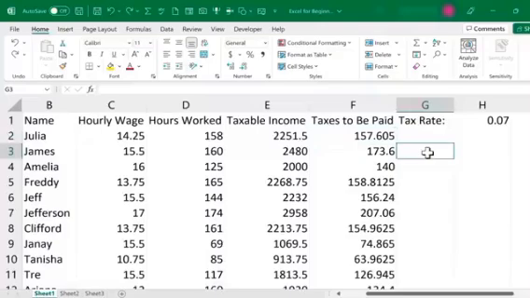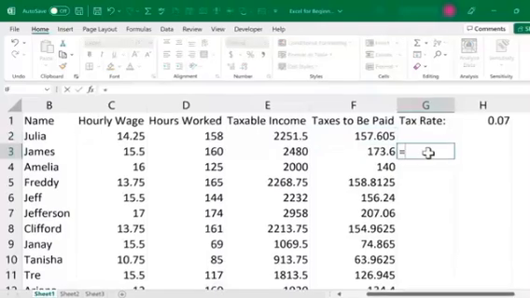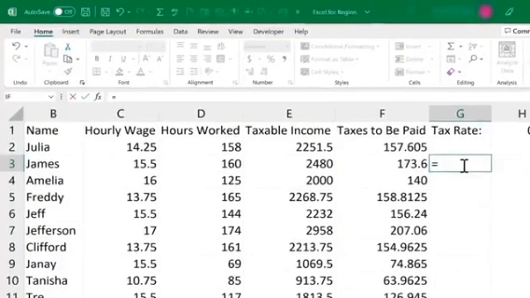Now, why would that be important? You'll learn that later, but let me give you a quick preview. In my formula, instead of referring just to a cell like E3, I could refer to a named cell or a named range. So I could type in taxesowed and then continue my